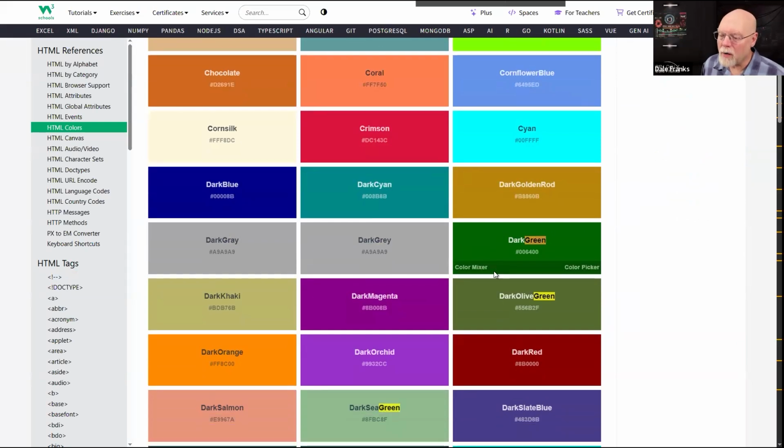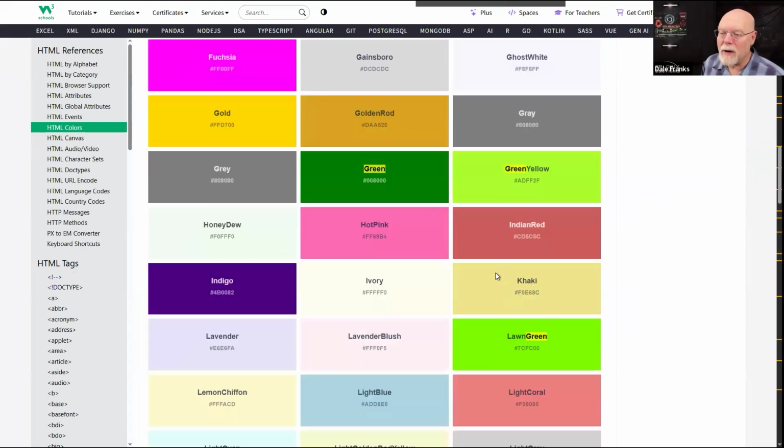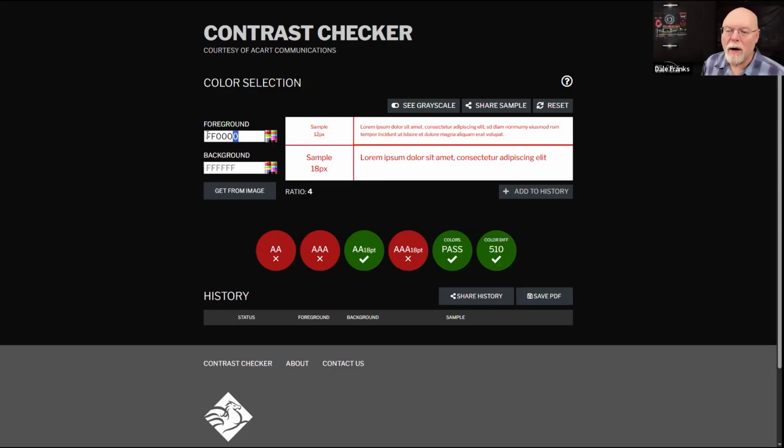There's dark green, olive green, dark sea green, forest green, green, which is 008000. So if we go back here and enter 008000, this green is compliant. Okay, great. So if I go green and white, or I might want to do it the opposite.